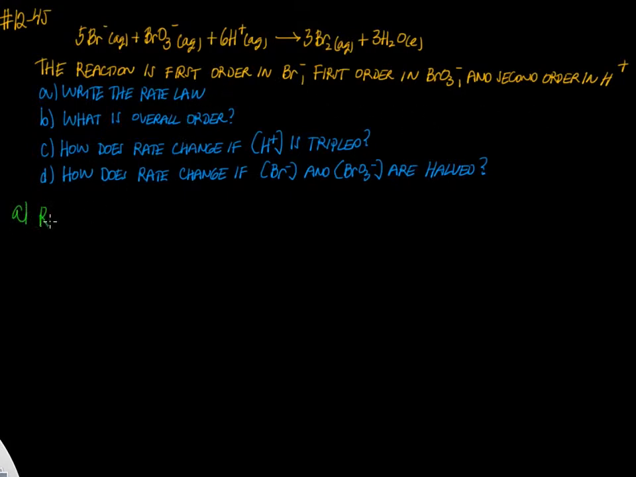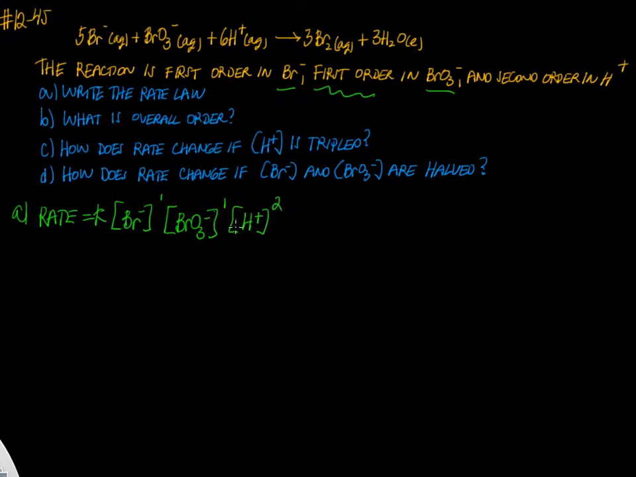So the rate is equal to a rate constant times the concentration of Br minus, or bromide. It's first order, so we put a 1 there for the power. BrO3 minus is second order, so we put a power of 2 there. I'm sorry, it's a first power. First order, so a first power. And then second order in H plus, so H plus